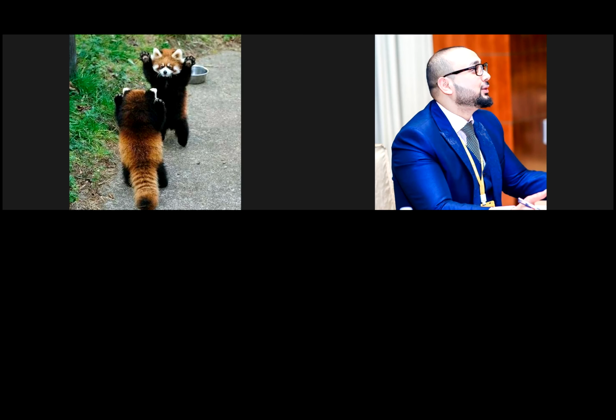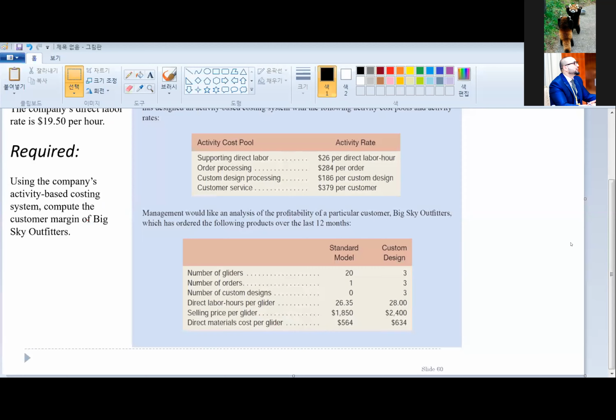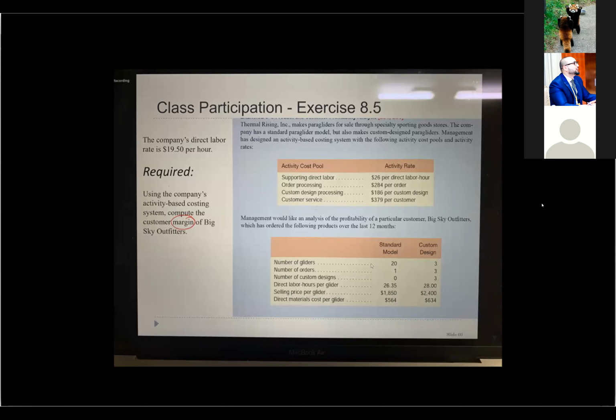Okay, guys, do you have the picture? Do you guys have the picture? Yeah. Okay, please share. One of you share your screen here. I'm going to give you 15 minutes to complete this class participation. This is a group activity, and I'm going to give you 15 minutes to complete it. If you can already complete it, please return to the main session.